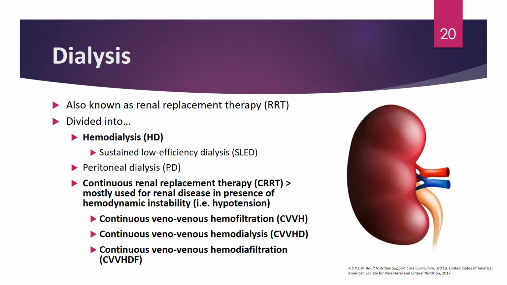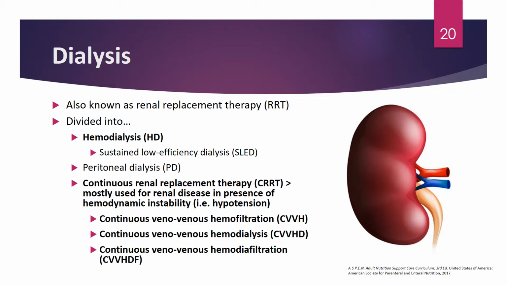So in terms of patients who have AKI or CKD, sometimes these patients may actually require dialysis. And dialysis is also known as renal replacement therapy. Dialysis is divided into a few different types. You have hemodialysis, which essentially we think of as more or less intermittent hemodialysis, or IHD. We have peritoneal dialysis, or PD, and then you have CRRT,